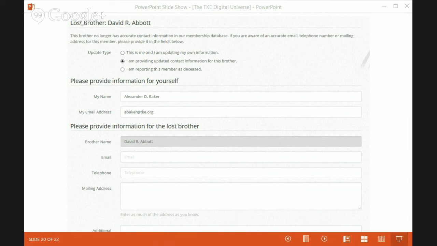Through this system, we've been able to get reports of Frauders who have passed into the chapter eternal, and that allows us to keep from mailing their spouse, or be able to put them up on our tke.org/chaptereternal page and recognize them as a member who has passed. So after you've updated this information, that gets directly sent to us here at headquarters, and we can go and make those updates in the system and process those.